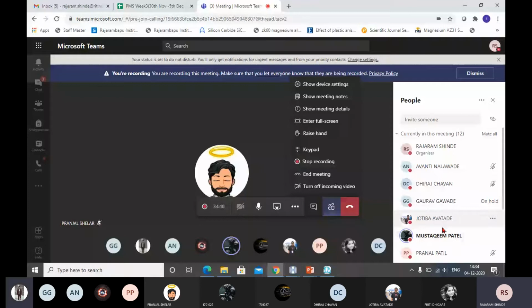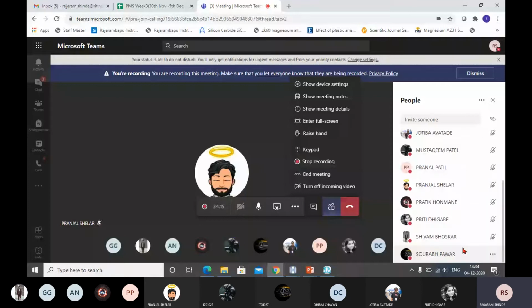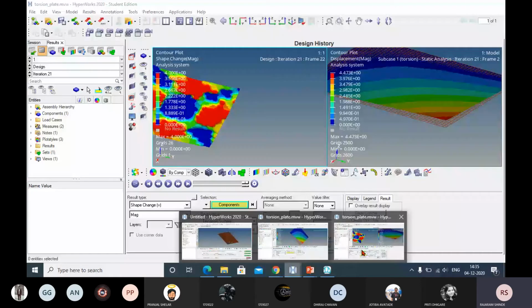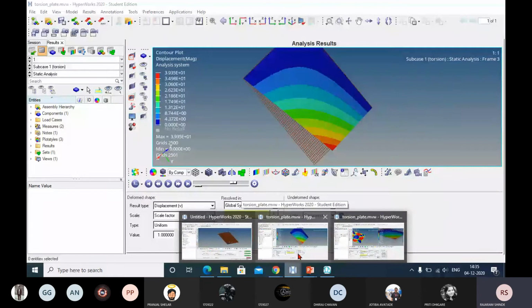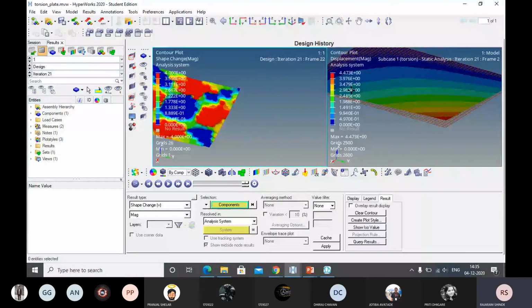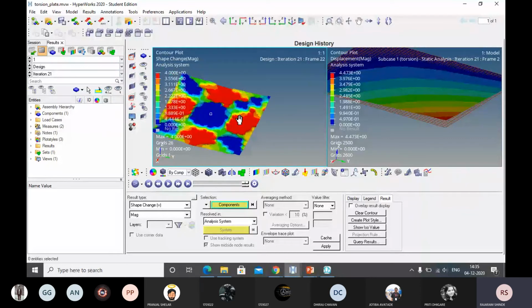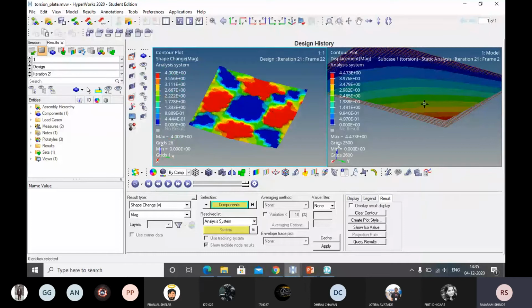You can see this one. Yes, sir. You can see this image here and this image. This is your without optimization. We have got 39 millimeter deformation. 3.9 into 10 raised to 1 means it is 39 millimeter. And here, if you observe this deformation, this one, this is 4.47 millimeter. That means by generating this shape from your flat plate, that means the flat plate is converted to this one, and by converting that flat plate with this optimization, we got a reduction in the displacement. That is a big reduction in the displacement.